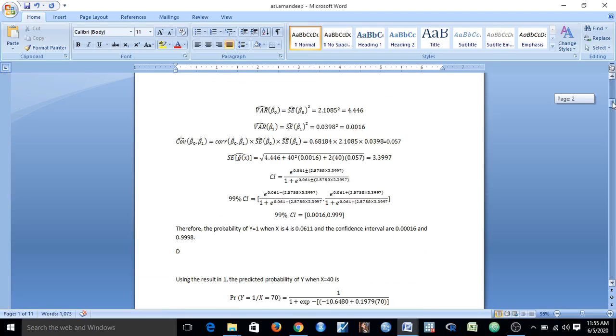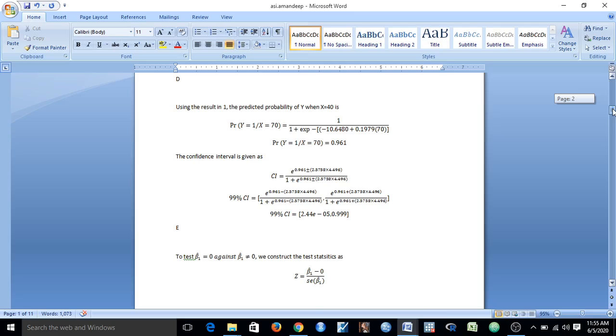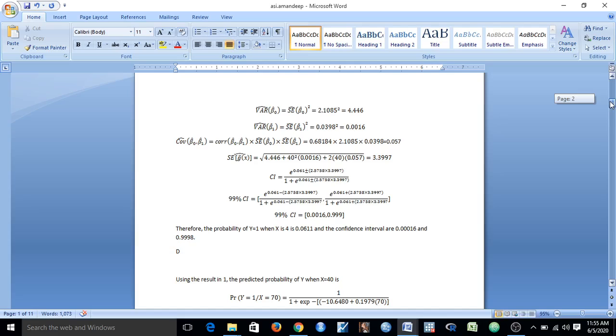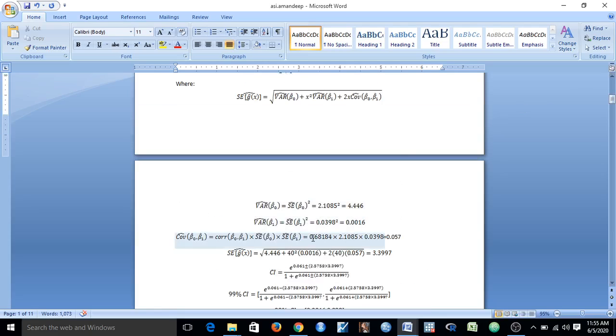So this is given by 0.68184 times 2.185, 0.0398. So we have 0.057. Then the standard error of gx will be this plus this multiplied by 40 squared plus 2 times x, which is 40 times this. So our answer, we have